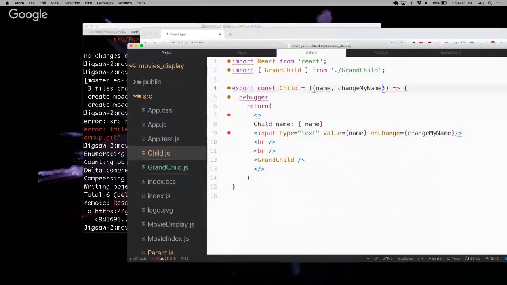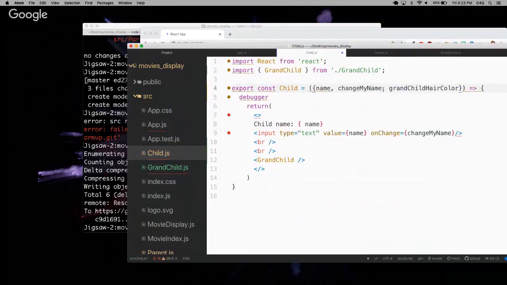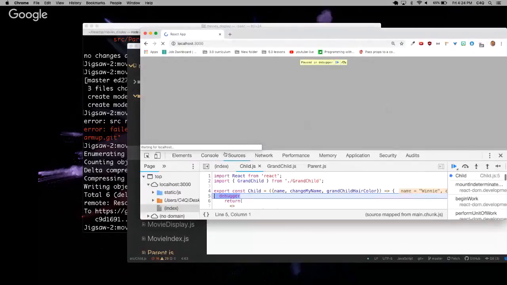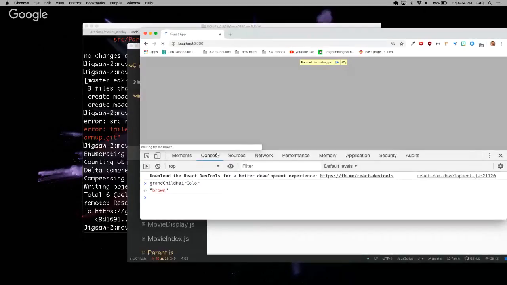So now if I want to have this available to me, I better add it here. Grandchild hair color, because it is going to come in now. Save that. Check our log. We see we still have grandchild hair color here, right? We got it as brown. Or, yeah, brown. Awesome. Now, our grandchild still doesn't have it,